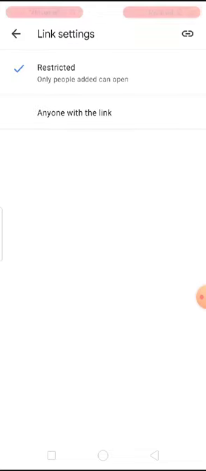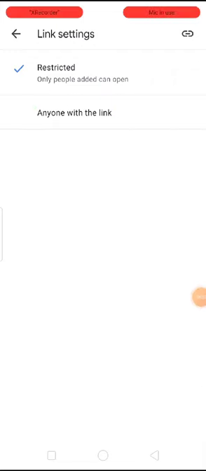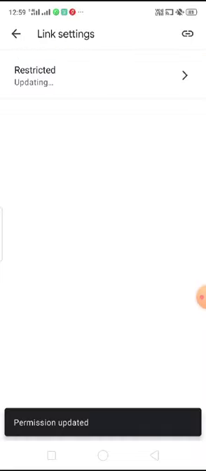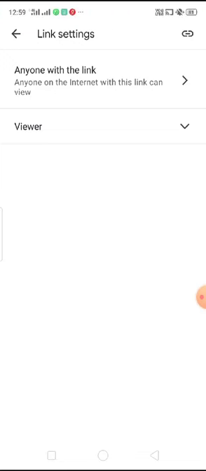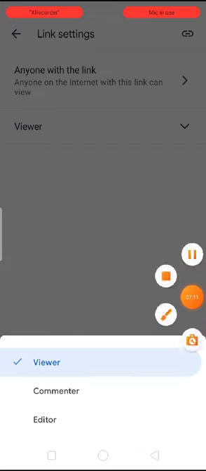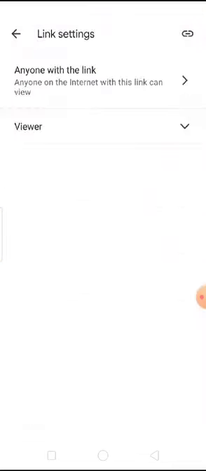So when you click on this, now you can see "anyone with this link". You can click on this. Okay, now viewer, only viewer, not commenter, not editor, only viewer. Viewer will be the default. For commenter and editor you need to check something, but here we only need viewer, because I only want to view and listen.